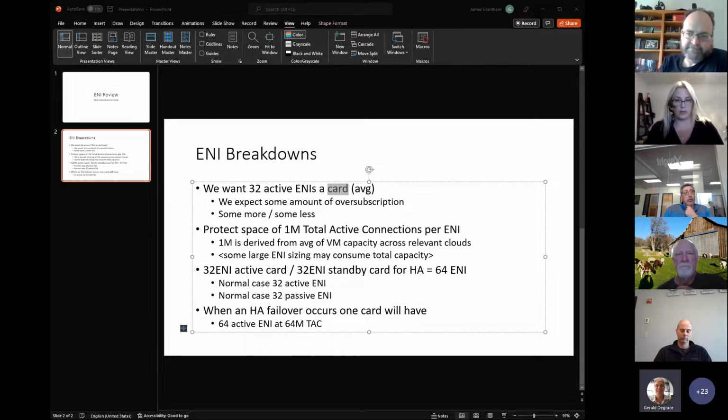Yeah, we need to document that behavior, and you're right. We need to document how oversubscription is implemented, and that's one possibility, what you just said. There are some other possibilities as well. But in any case, it can't be that you get 0 for sure. Everybody needs to get a minimum, and the number that he gave you is not the minimum. That's just the average based on what we see across